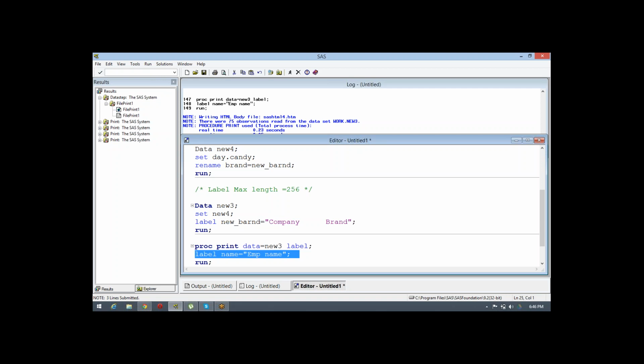Sometimes someone created a label and provided you the dataset, and you want to know what type of label they created. Whenever you apply a label, you get to know what label is there in a particular dataset. So you will be running two queries, one without label and one with label. When you run without label, you will get all those names. If you want to check what type of label he applied, you can keep the label back again.